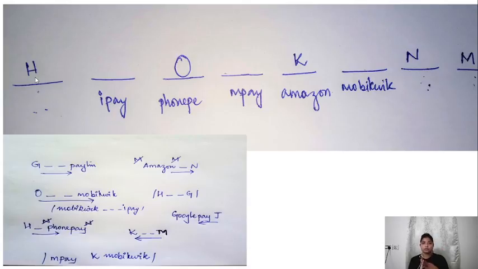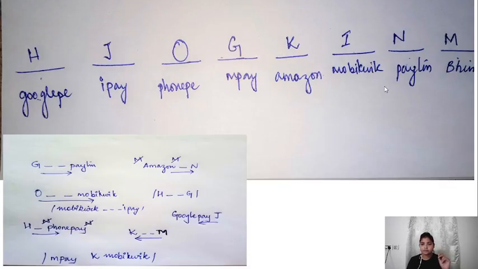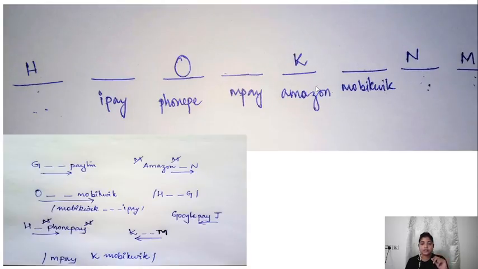Now I have two possibilities, that is I can write G here or G here. But if I write G here, there is a place for Paytm here. If I write G here, there is a place for Paytm here. But okay, this is the solution. Any other thing? Google Pay, yeah. If I write G here, Paytm will come here, and I will write Google Pay here and J here. So it will get all possible.